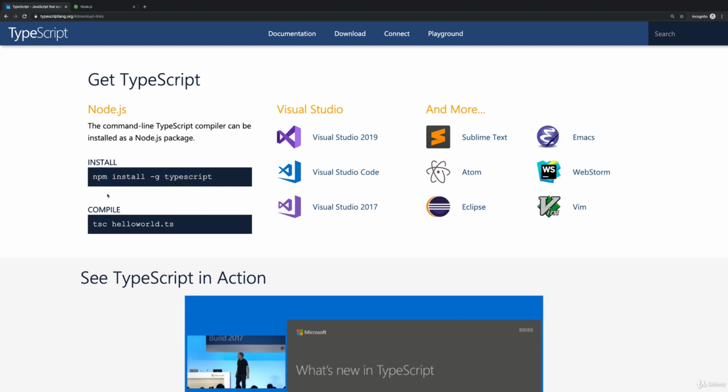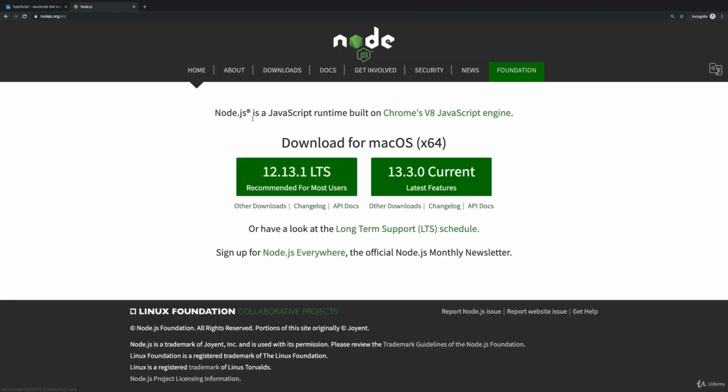Now, we already used this before in the course, but in case you somehow skipped those sections, you get this tool as a command you can use in your terminal or command prompt once you install Node.js. So for that, you can visit nodejs.org, and there simply download and install that latest version. With this button you download it, you get an installer, you can walk through the installer, and you can install